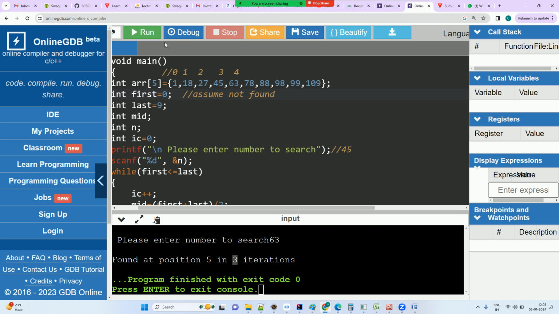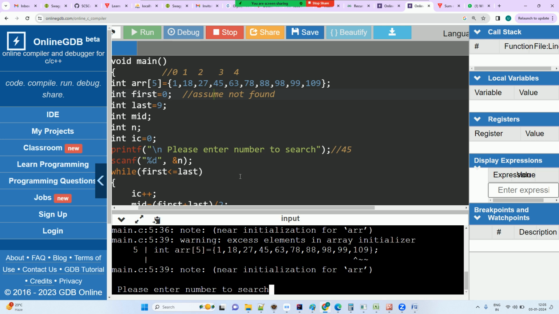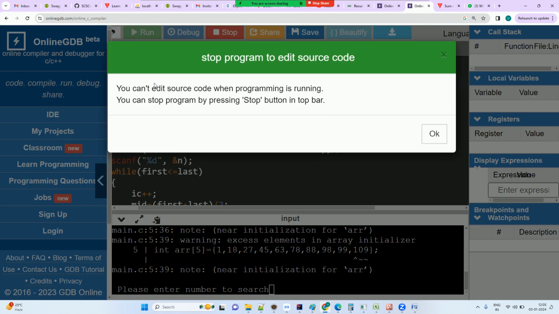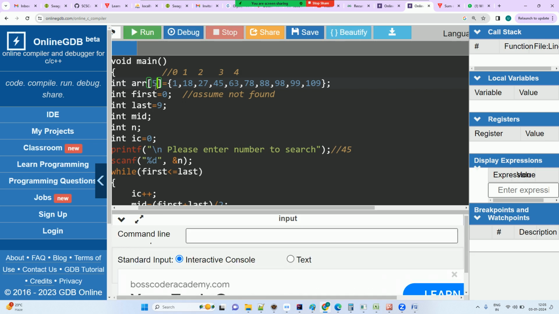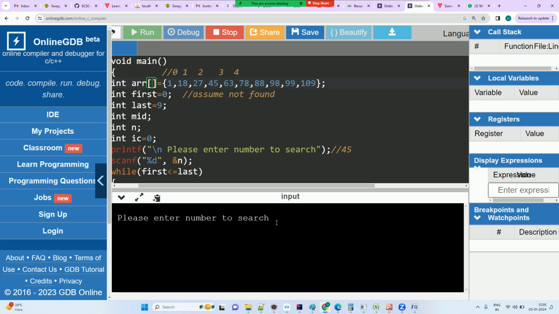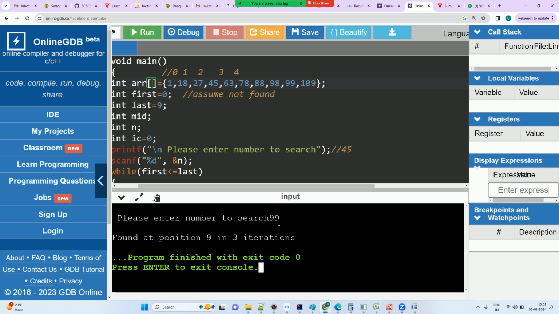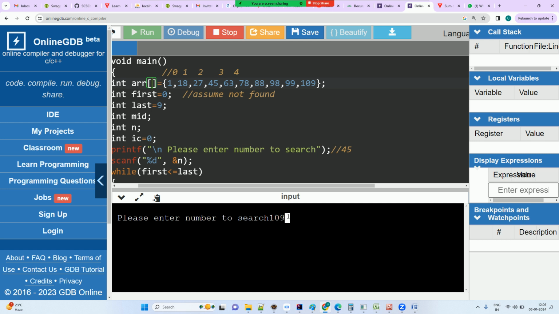If I'm searching for 99, how many attempts? What happened? Did we miss out any size? We gave 5 over here, no? So when we are giving the data, there is no need to give the size. Be smart enough; no need to give the size when the data is given. Now for 99, I'll get the answer in 4. It will not exceed 4, will never exceed 4. If I search for 109,